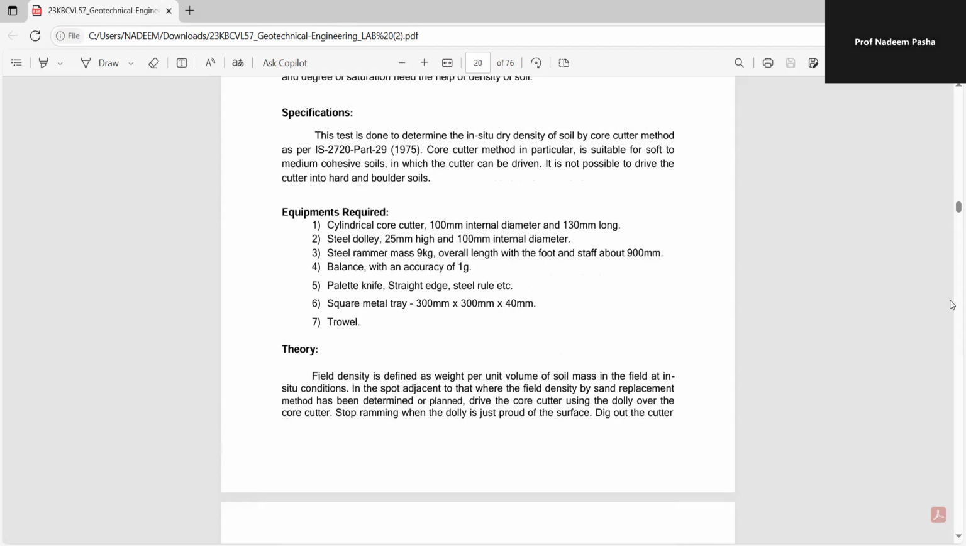Field density is defined as weight per unit volume of soil mass in the field at in-situ conditions. In the spot adjacent to that where the field density by sand equipment has been determined or planned, drive the core cutter using the dolly over the core cutter. Stop ramming when the dolly is just proud of the surface. Dig out the cutter